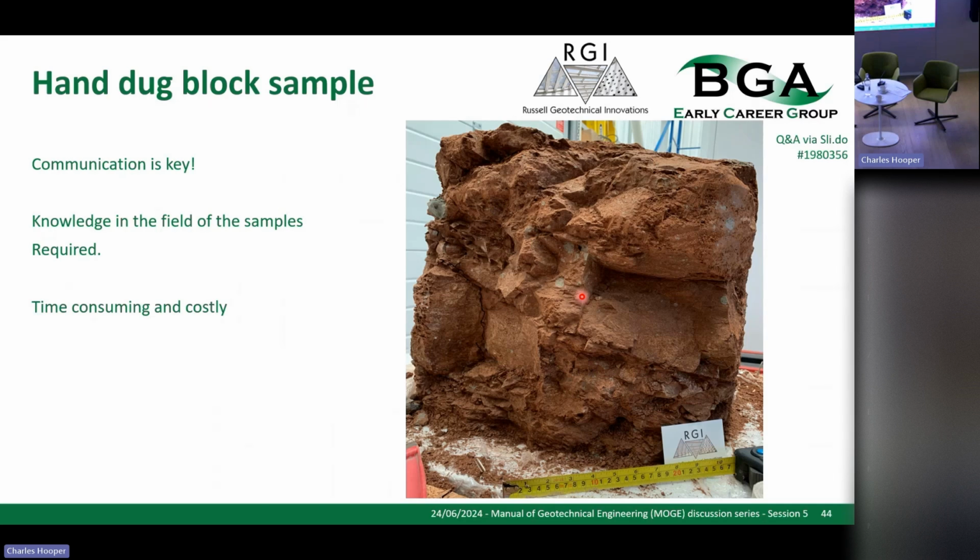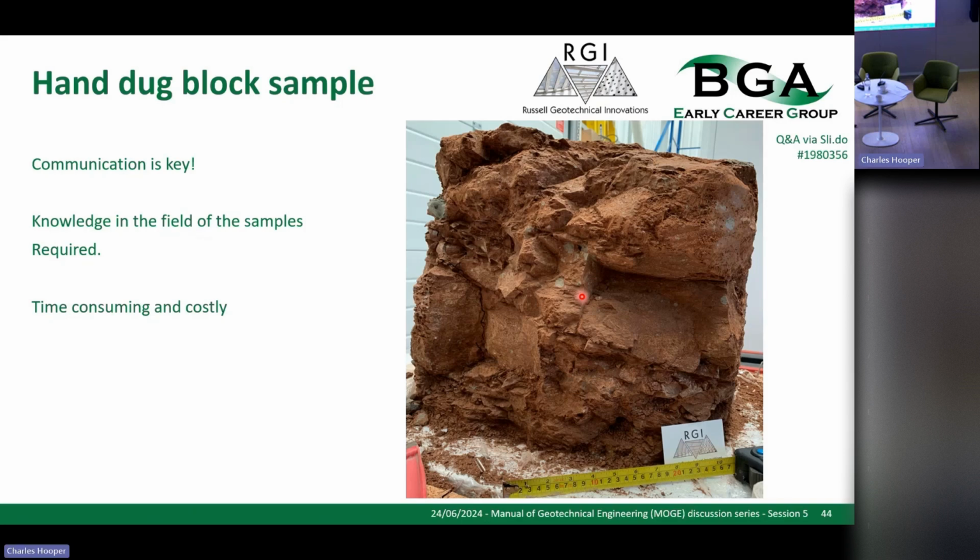The problem is it cost a lot of money to get that block, and in fact there were two of them, out of the ground. The shame was that they were then put on the back of a lorry and came a few hundred miles on the hard suspension of a lorry. And so if the fissures and fractures in this block weren't opened up, they certainly were by the time we received it. So feedback from the field, somebody digging and trying to prepare this,